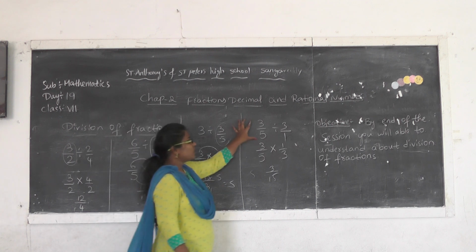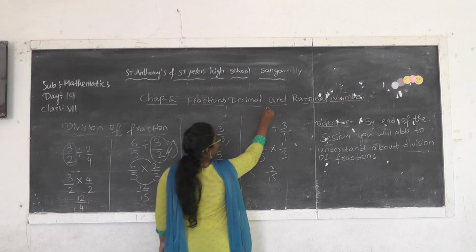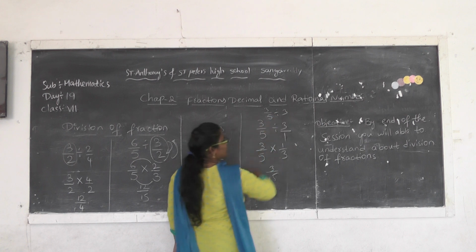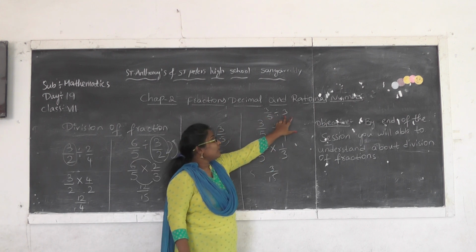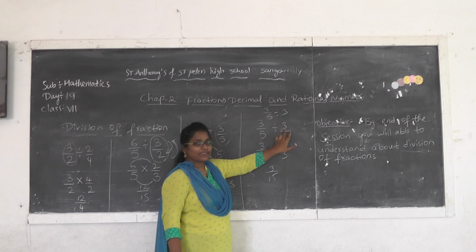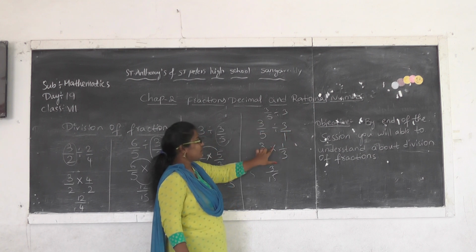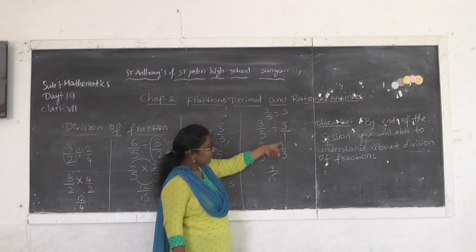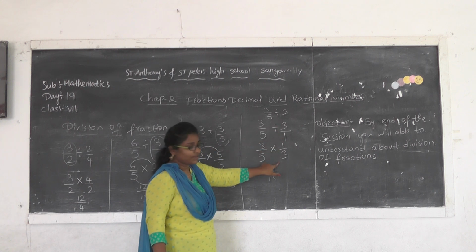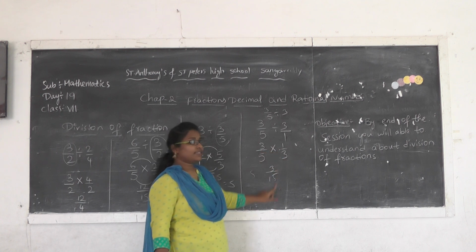Now here also, we are dividing a fraction by a whole number. So the first fraction we write as it is, then the division. 3, with no denominator, so that's why 3 by 1. Now in the place of division we write multiplication, and we change this 3 by 1 into its reciprocal, which is nothing but 1 by 3. 3 1s are 3, 5 3s are 15.